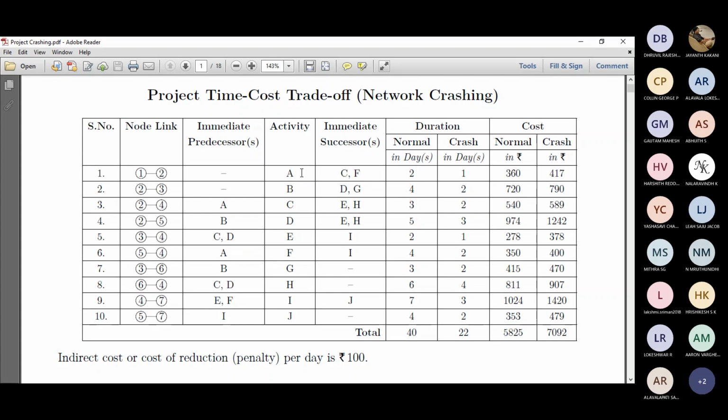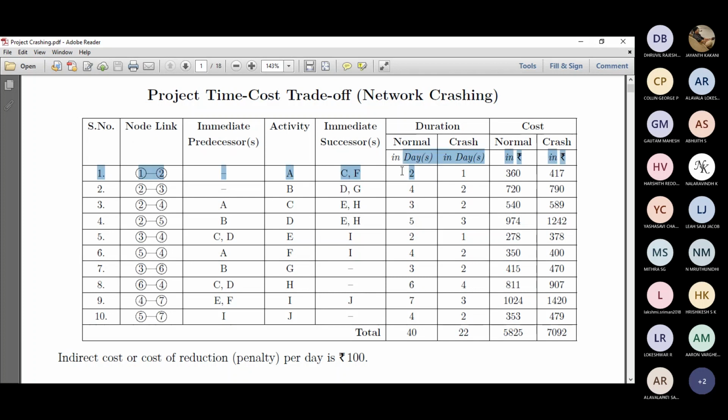It is always higher. Say it's a task done by a single person. If you pump in money so that you can hire another person to do it, it can be done in a single day. So this is an example. Normal days are higher when compared to crash days, and normal costs are lower, or in other words, crash costs are higher when compared to the normal cost. That's the basic logic. We pump in extra money to make sure that the work is done in less than the stipulated time. That is basically the crash duration, and the associated cost is the crash cost.